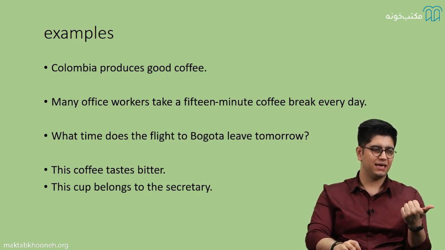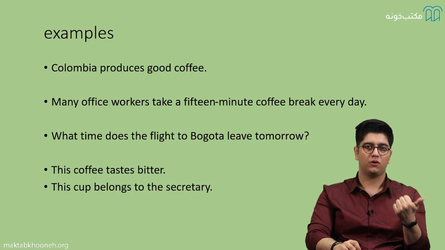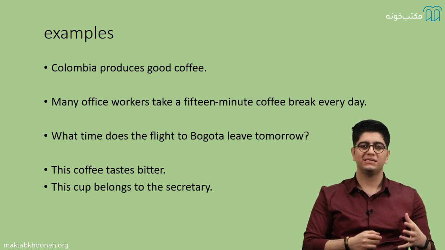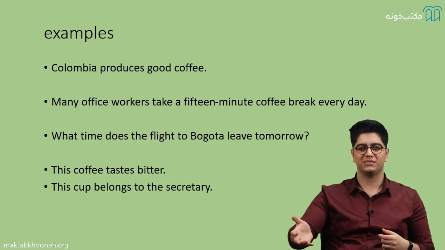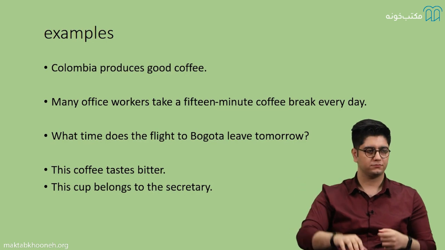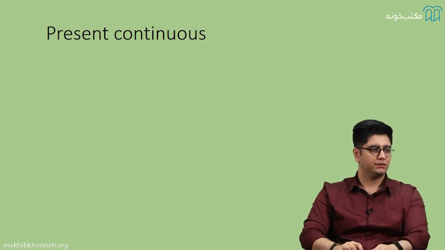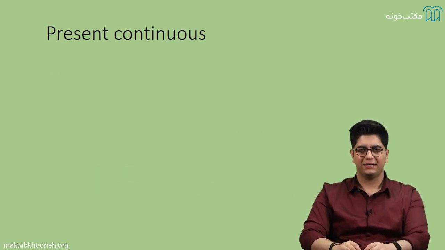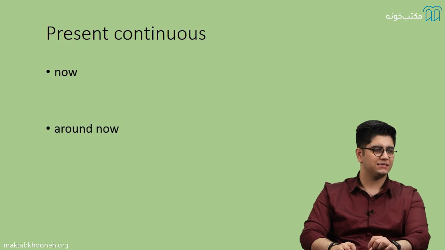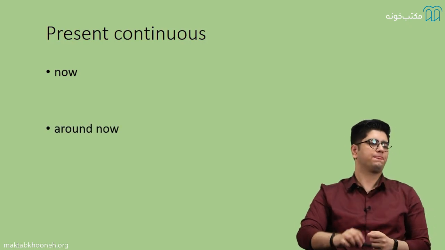So this is another example. So for possessions, this cup belongs to the secretary. When we say something belongs to another person, it means this is for her or this is for him. Okay? Good. Now, what about present continuous? When can we use present continuous? Okay? Let's have a quick look